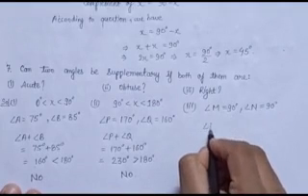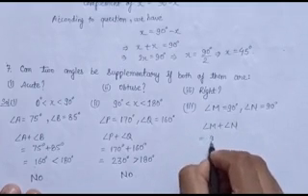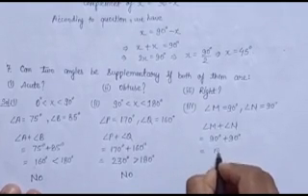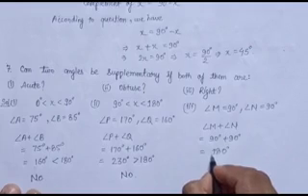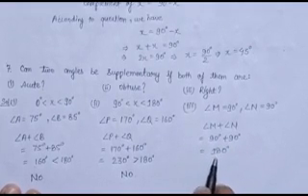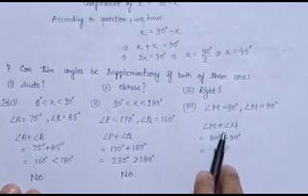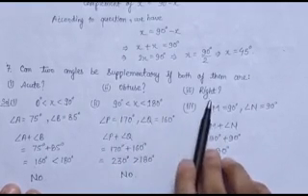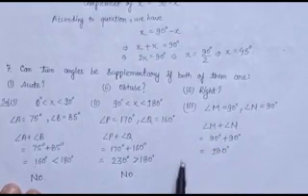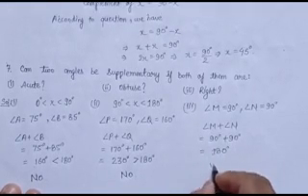So if we sum these two angles, that is angle M plus angle N, then it is equal to 90 degree plus 90 degree, which comes out to be 180 degree. Hence here we can see that the sum of these two angles is equal to 180 degree. Hence these two angles are supplementary. So we can say that if the two angles are right angles, then they are supplementary because their sum is equal to 180 degree. Hence our answer is yes.